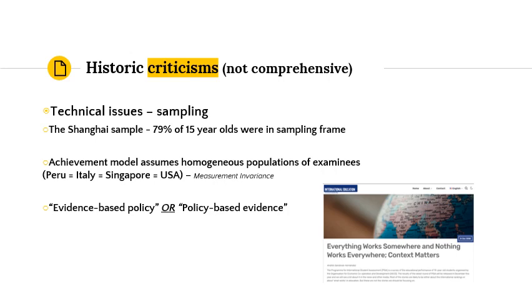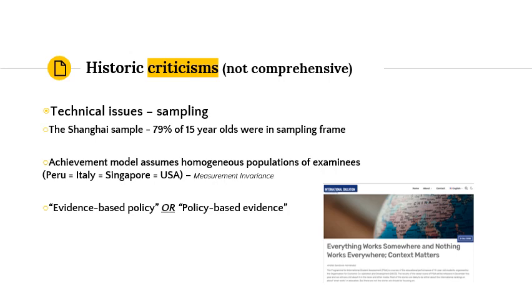For example, the sampling. In 2012, I think, Shanghai participated in PISA for the first time and was at the top of the ranking. After many people praised Shanghai, the news in the newspapers was that China is the best country in the world in PISA. And then it turned out that it was actually not the whole of China, but Shanghai, that had participated. And further, it emerged that the sampling framework, the people considered for the study,